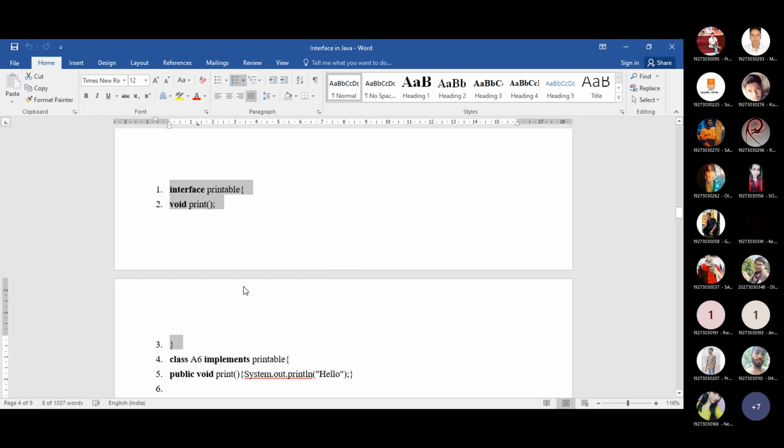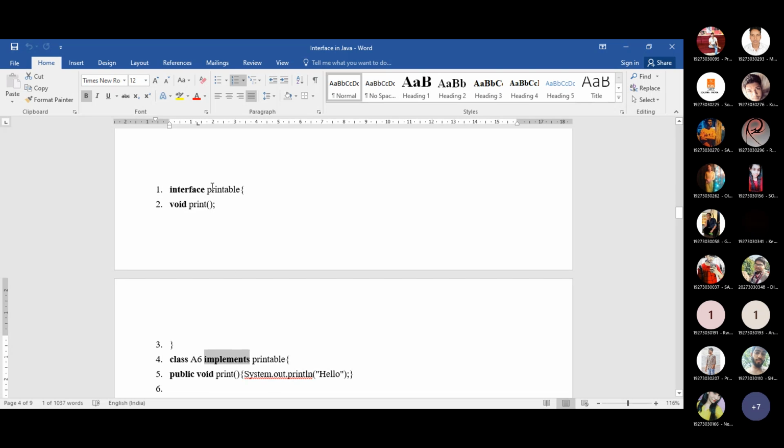Now the next rule that you must follow: whenever you are using an interface, you need to write the keyword implements. Keep in mind the keyword implements. But if it is an abstract class, you write extends.